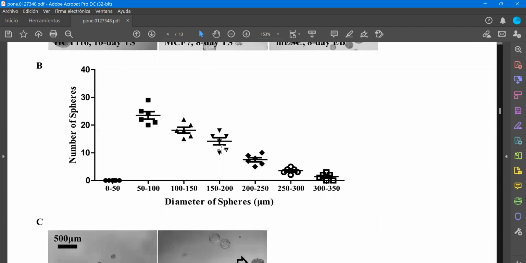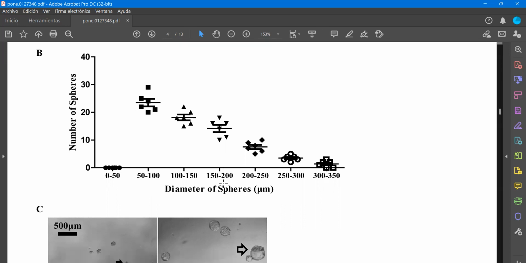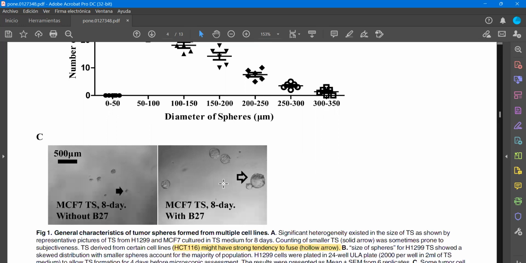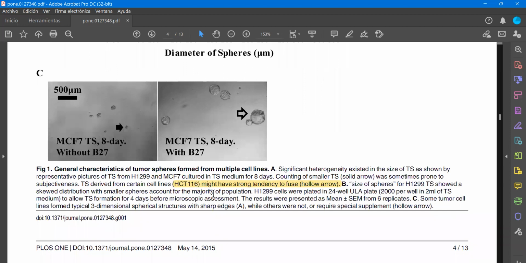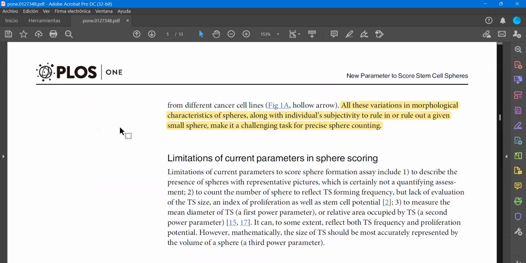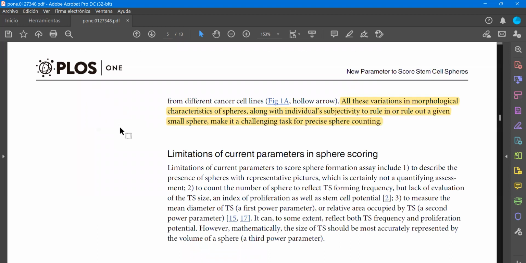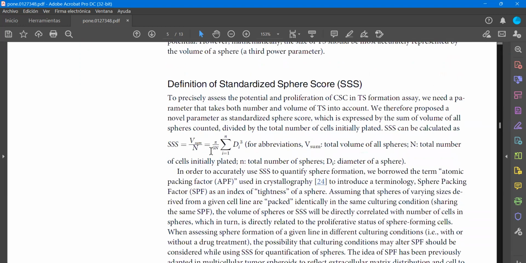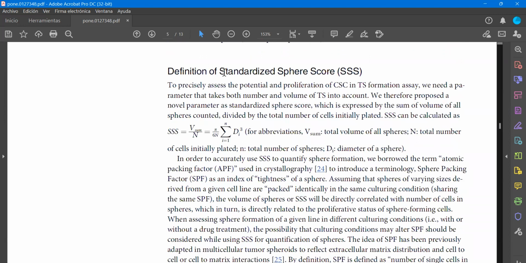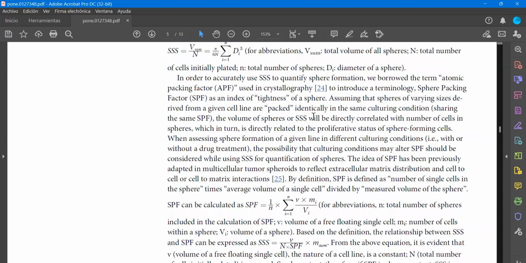And here they show the number of spheres versus the diameter of the spheres. And here you see the distribution. And all these variations in the morphological characteristics of spheres, along with the individual subjectivity to rule in or rule out a given small sphere, make it challenging for the precise sphere counting. That's why they propose this new parameter, the standardized sphere score, which is